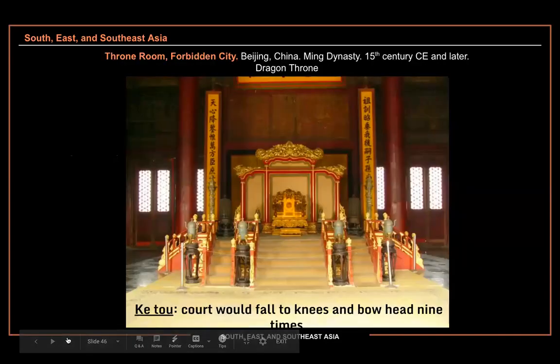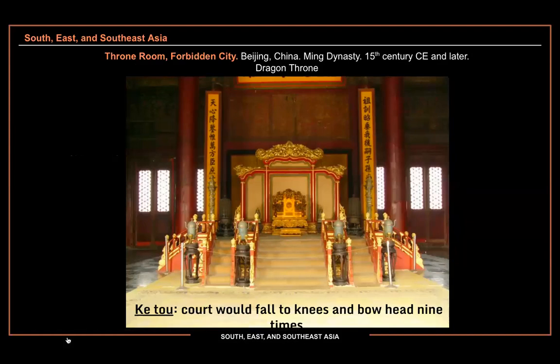So here is the large dragon throne. Typically, the imperial dragon has 5 fingers to it. Anything that's made for the imperial family, when you look at the dragons, dragons can be 3-toed or 4-toed or 5-toed, but the 5 ones are typically for the imperial family. And so the emperor would sit on this gold throne facing the south, and you can see that it too